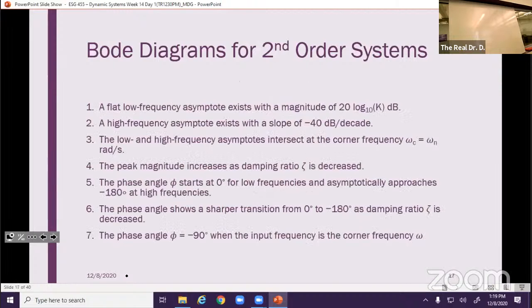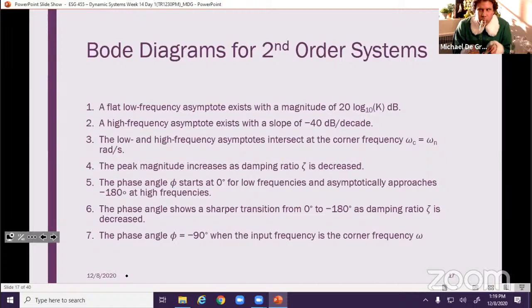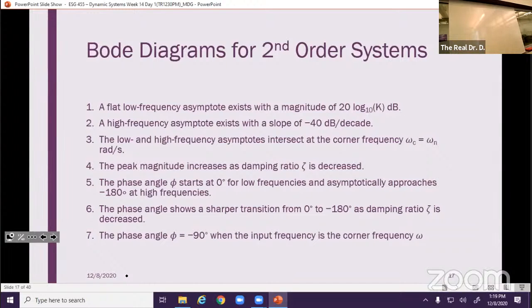Okay. So what are the rules? Because we have rules for first order Bode plots, so there's obviously rules for second order, and they're kind of similar. The first one's exactly the same. You have a low frequency asymptote at the DC gain of the system in decibels. So in our case,